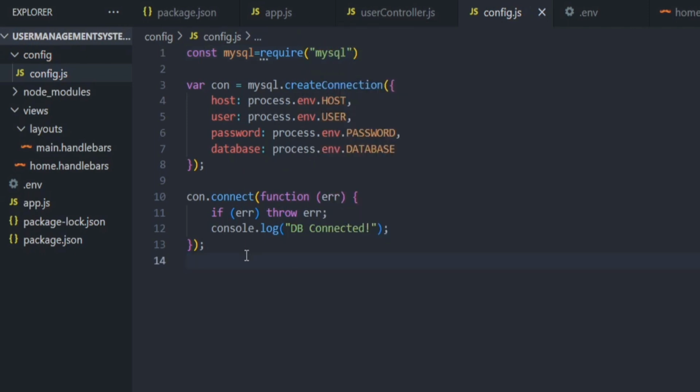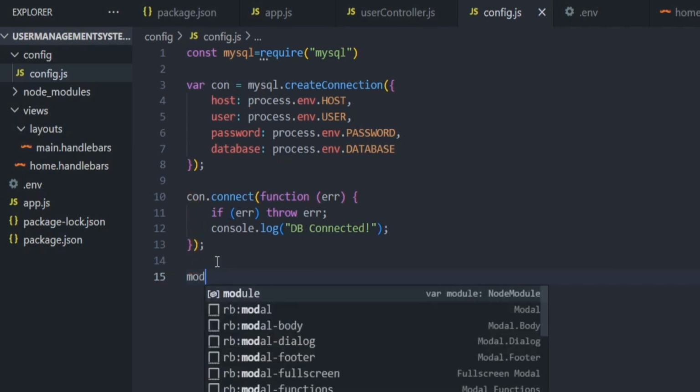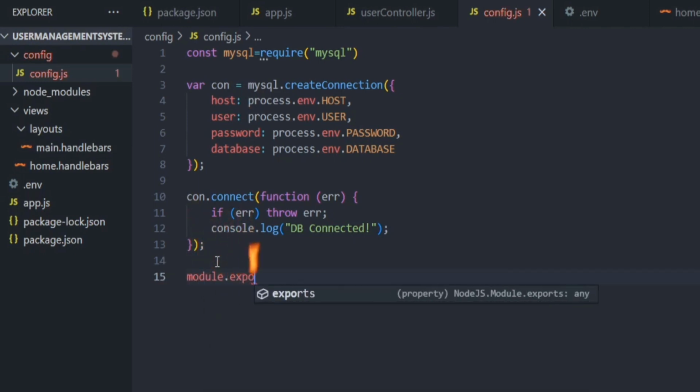And now we want to use this connection method outside this particular config.js file. So in order to do this, we have to first export this connection variable. So right here module.exports equal to conf,